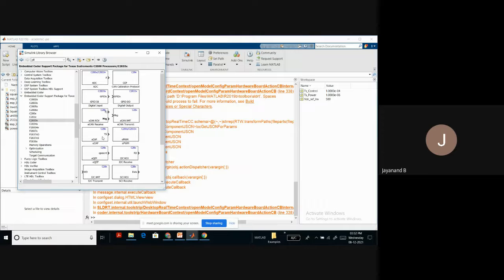But if you are making use of a fixed point processor, then all the mathematical operations in MATLAB, Simulink, will not be compatible with that processor. So we have to go in for fixed point operations. We have to convert all the blocks into fixed point mode. If you are making use of a floating point processor, nothing to be worried about. Almost all blocks will be compatible with it. That is the advantage. The only disadvantage is that if you create a MATLAB file, MATLAB Simulink file, and convert that into hex code, the program size may be slightly higher.